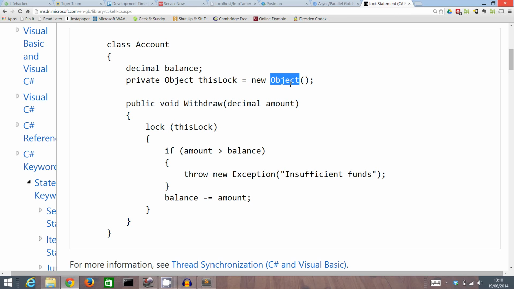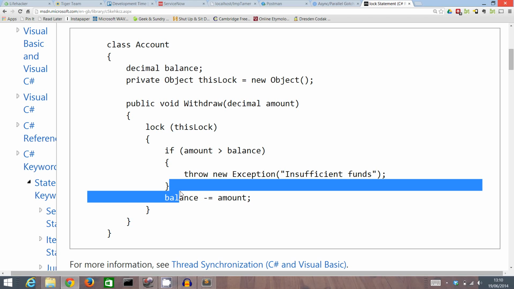They should have really just had an explicit lock object, which is the only thing you could lock on. And the reason why that's quite important is because here's a bit of code. It locks on that thing, does some work with this balance object, does some changes to that balance object and comes out. And what this actually means is if there's a thread switch at this point in here, after this if statement,